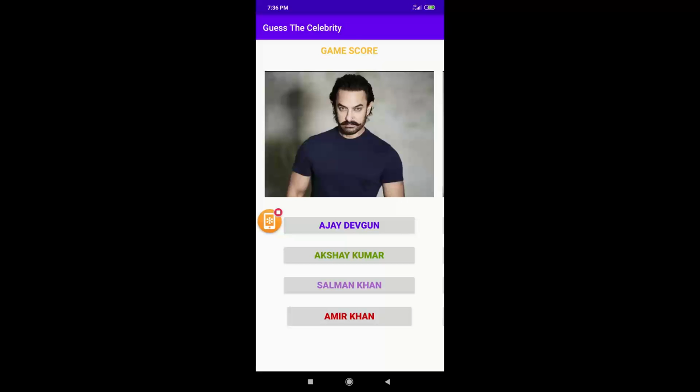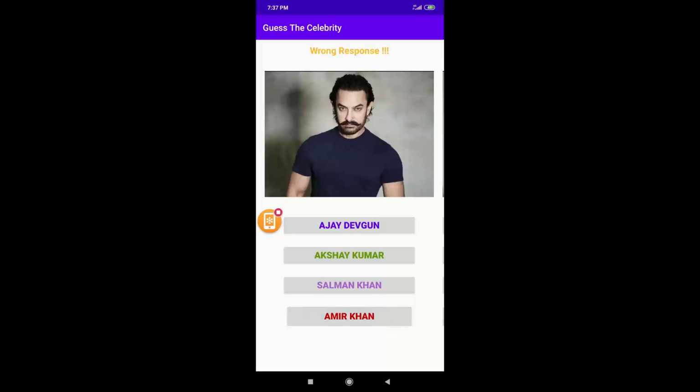What I have done actually is, if I choose the wrong option, on top you will get the message whether this option is correct or not. And later on, if it is the correct option, you will get the message that you have chosen the correct one. So let's see, if I choose the first one, I get a wrong response. And even for the toast, I have given the message. Similarly, if I choose some other, you can see the wrong response is still given.